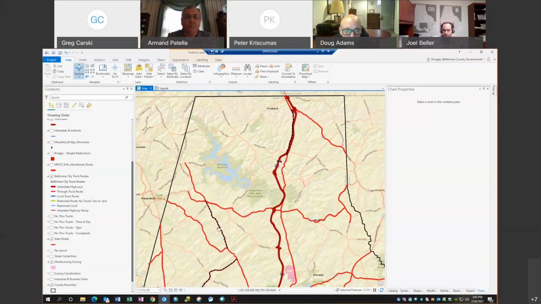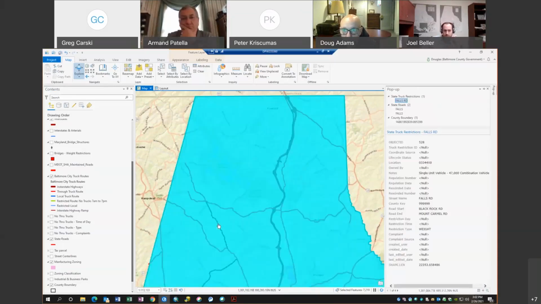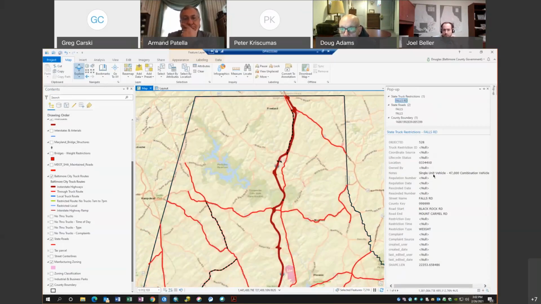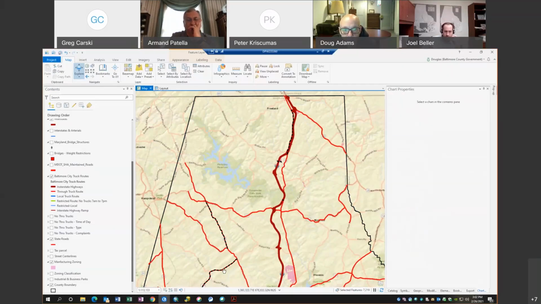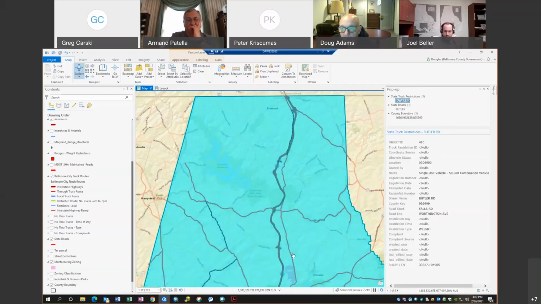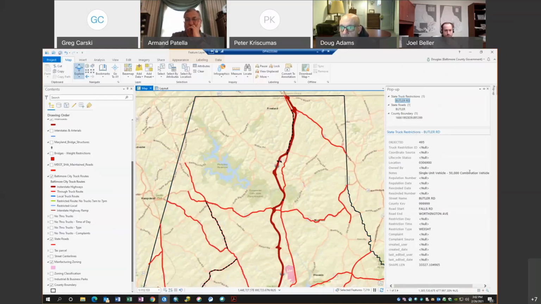And then this little chunk of road here is saying it's a weight restriction. Apparently there's some structure in here that can't go over 47,000 pounds. And I'm betting it's something similar over here. Yeah, this is another weight restriction, 50,000 pounds on the single and 62 on a combo.